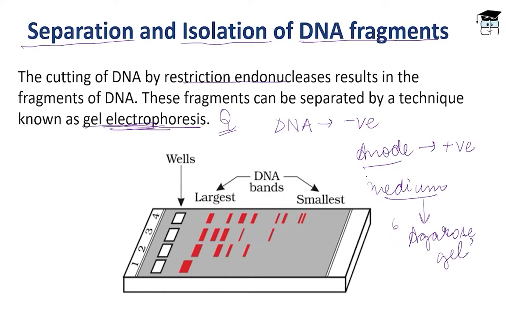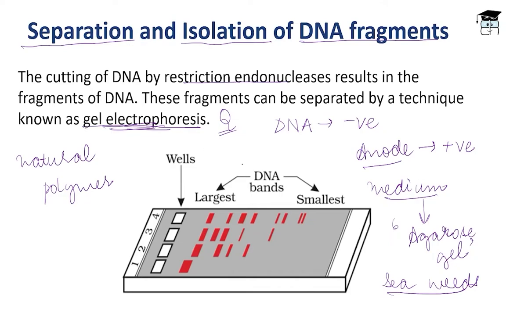Clear? Now, this agarose gel is extracted from the seaweeds. These are the 1-mark questions that can come in your exam. This agarose gel is extracted from the seaweeds, and it is a natural polymer. Clear? Now, the DNA fragments separate or resolve according to their size through the sieving effect provided by the agarose